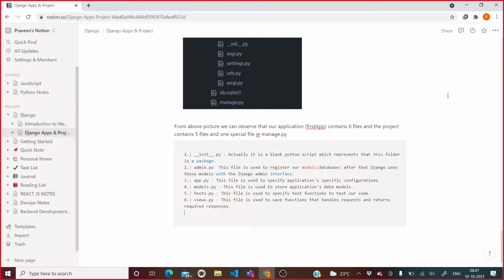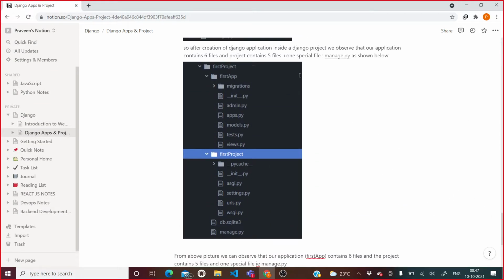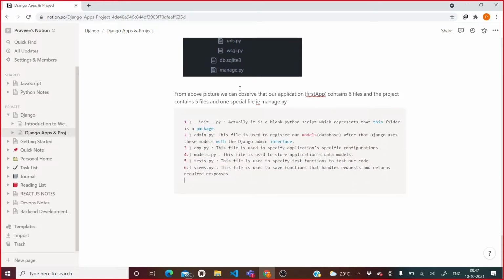Now, along with this, in the application folder there is a migrations folder as well, right? What is the work of the migrations folder? So the seventh one is the migrations folder.